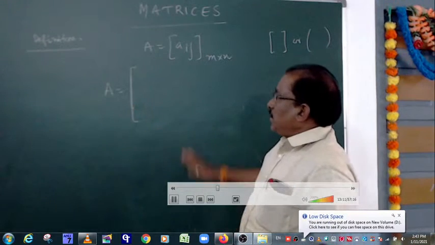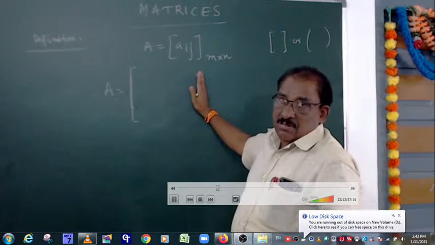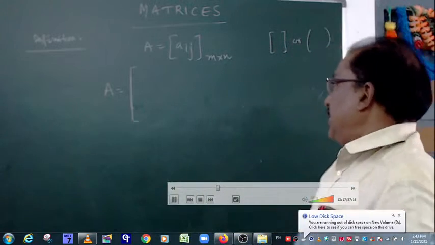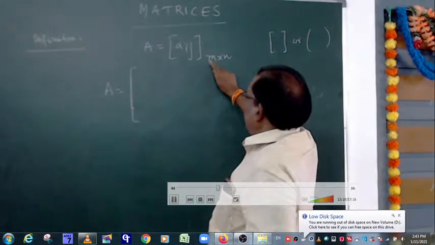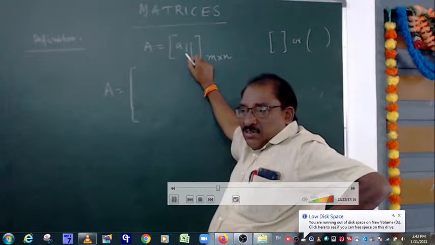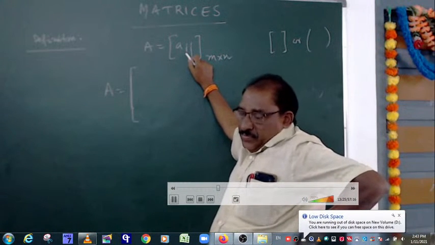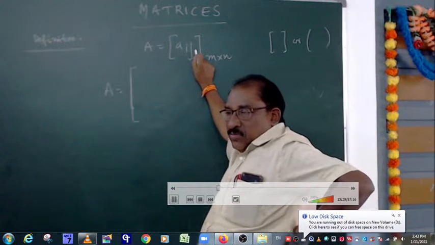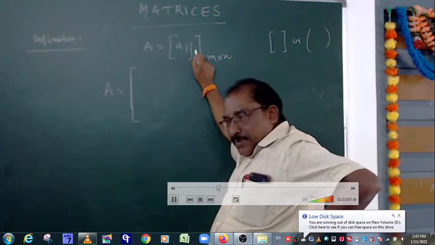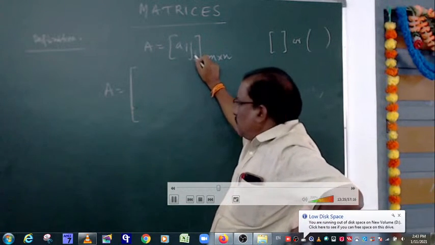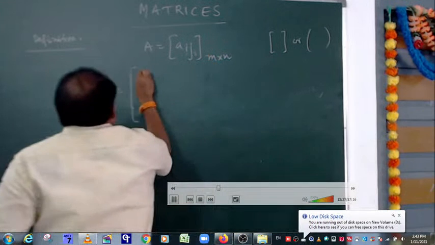So the compact form of the matrix is A is equal to Aij into m by n. Here i denotes the position of the row, and j represents the position of the column. Here